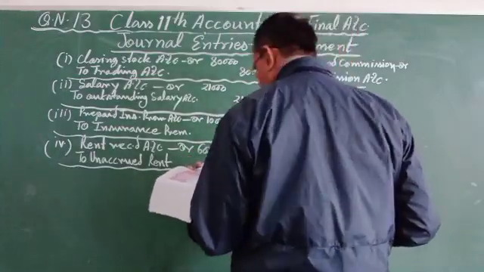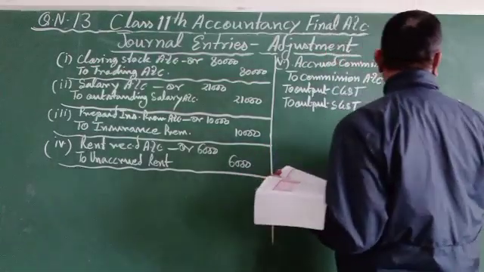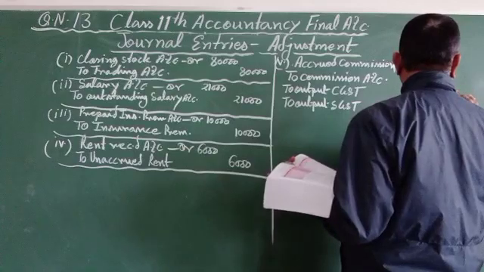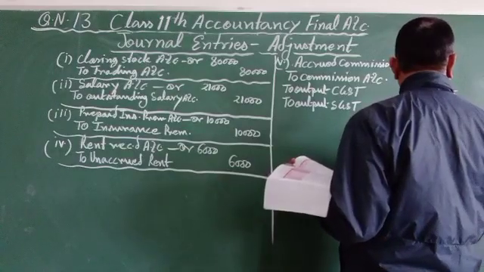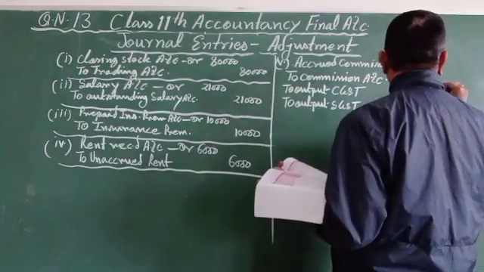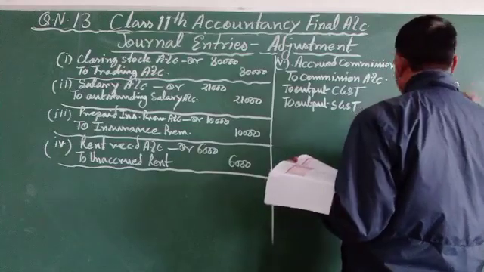Just the 9% amount given: 1500, 135, 135 and 135, that will be the output GST, and 1500 commission. The total will be